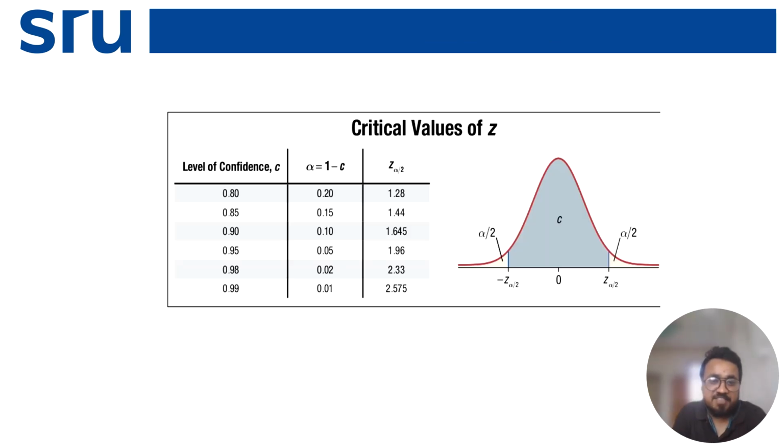To find the confidence interval, we will use the critical value from the Z distribution table. This is the Z distribution table. Using this, we will find z alpha by 2. Because in a question the level of confidence will be given, with the help of this level of confidence and this formula we can find the value of z alpha by 2, and from this table we will use the value of z alpha by 2. So now we will solve the problem.